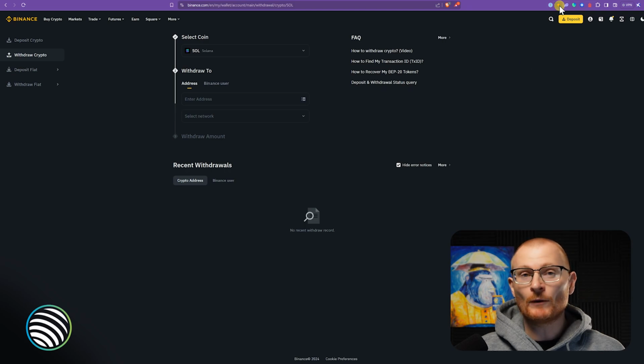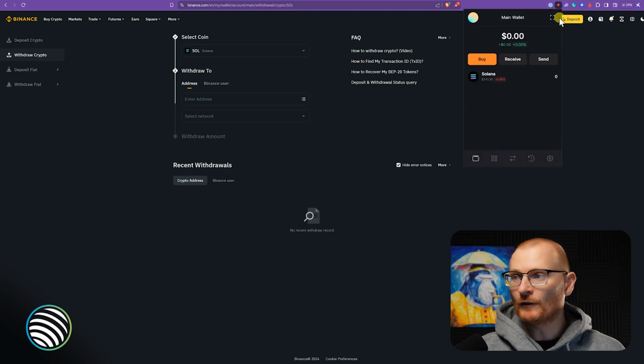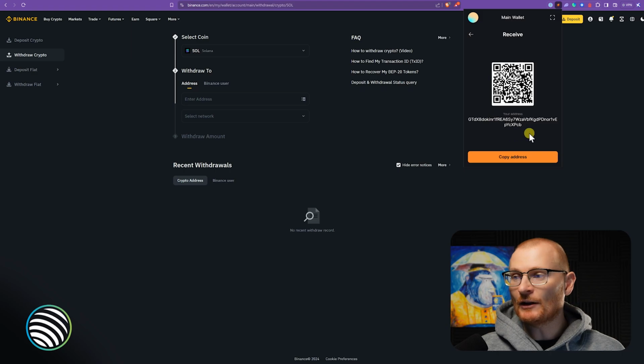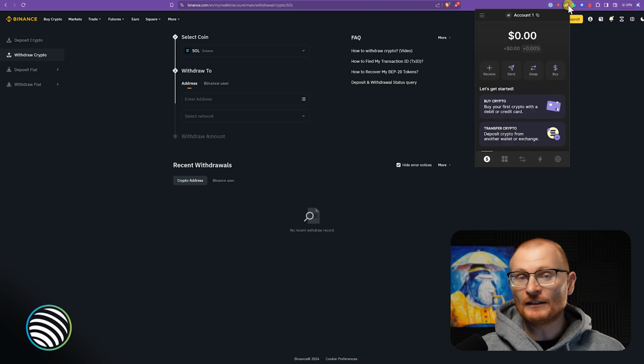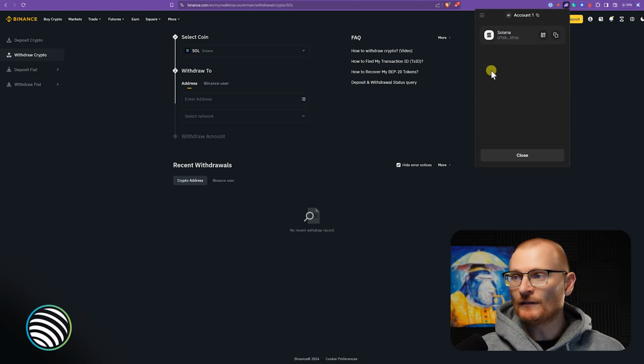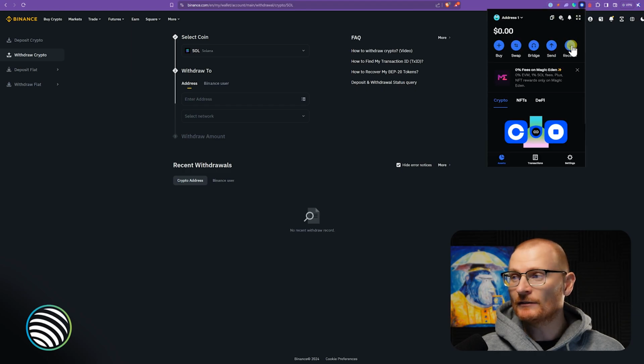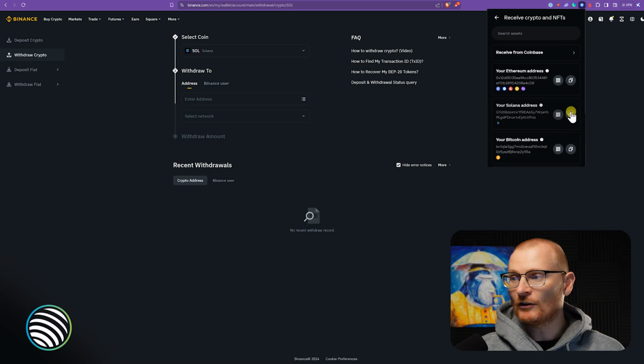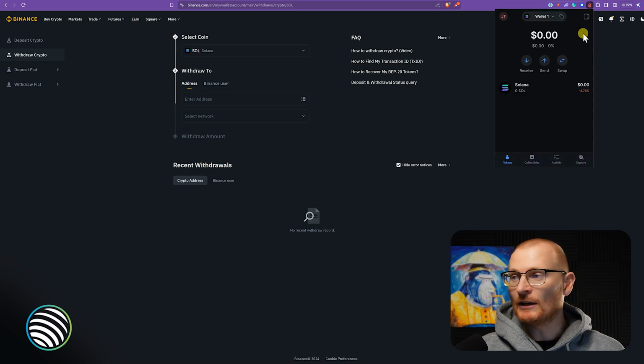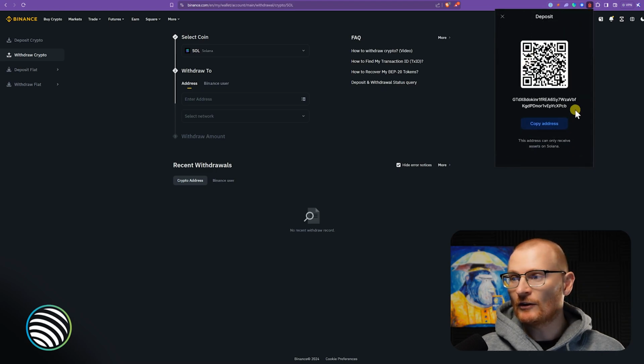So at the top here, we've got a selection of wallets. Click on Solflare, click Receive. This is our address here. We can copy this address, or we can scan this QR code if we're using a mobile phone. This address here is exactly the same as it is in Phantom. We click Receive to see this address right here and copy. It's also the same in Coinbase, Receive, Solana, copy here, and it's also the same in Backpack, Receive, copy here.